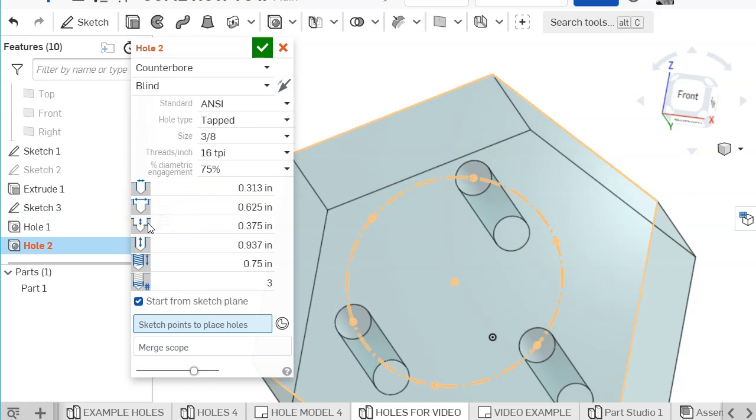Then it has the depth of the counter bore. This is the hole at the top, and then the depth of the hole, and then how far the threading goes in, and how much is left at the end that does not get threaded at the bottom of the hole. So we're going to place this one here,